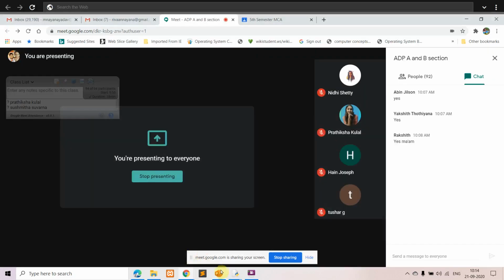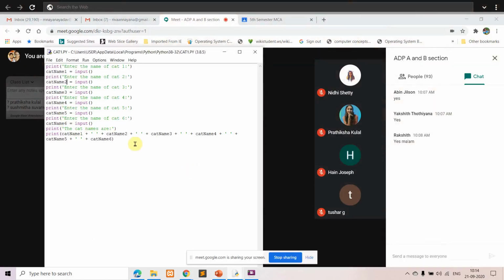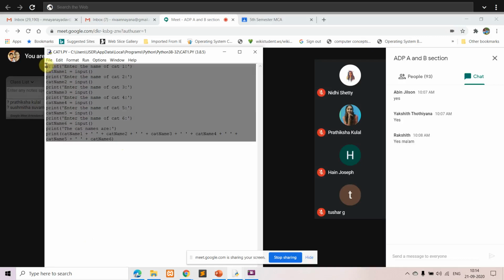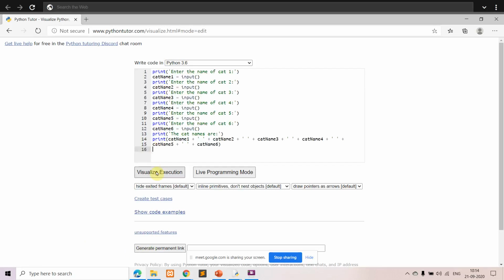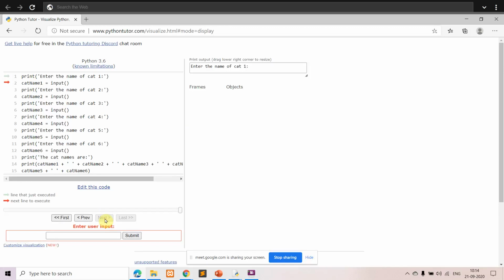Okay, we'll just execute this particular program. I'll show it in the interactive visualization. We'll try to execute this code. First the first print statement, enter the cat name 1.